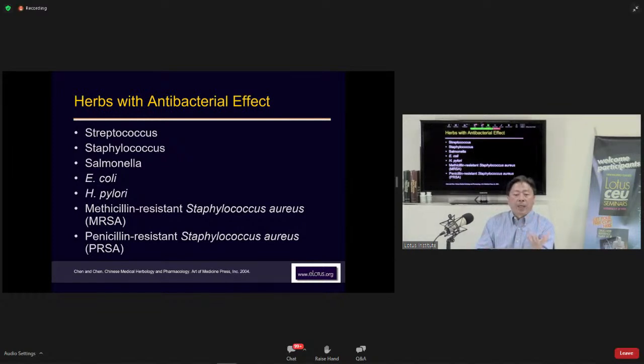So if you happen to have a patient that comes in and somehow the MD has done specific culture and sensitivity tests, so they know exactly what the microorganism is, then what you can also do is take corresponding information, match it with herb that is specifically effective against that microorganism. Then you can come up with a much more specific, much more effective herbal formula to treat that particular